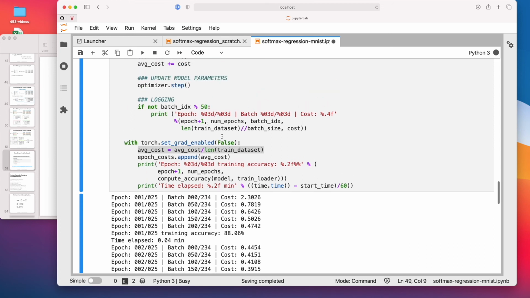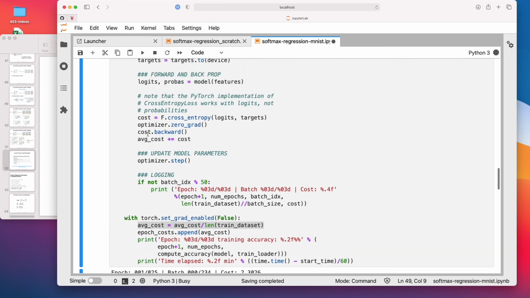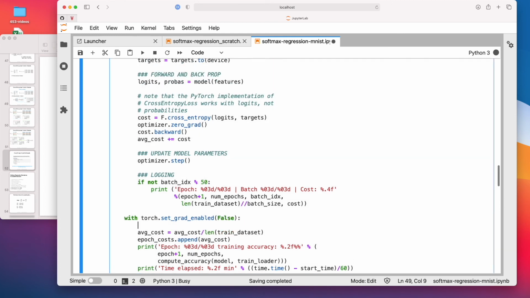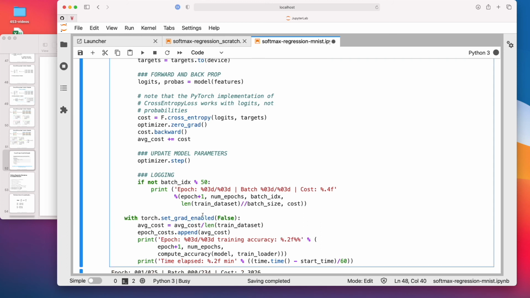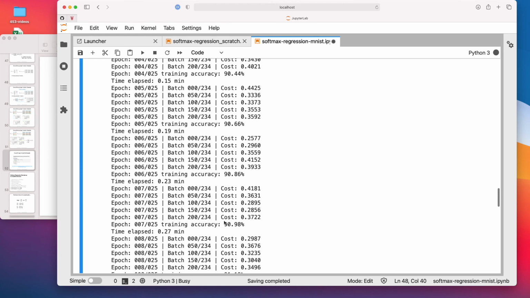I could technically compute the cost by calling forward or doing this one for the whole data set, but it would be more work, right? You would have to load the whole data set, so I'm just computing the average.